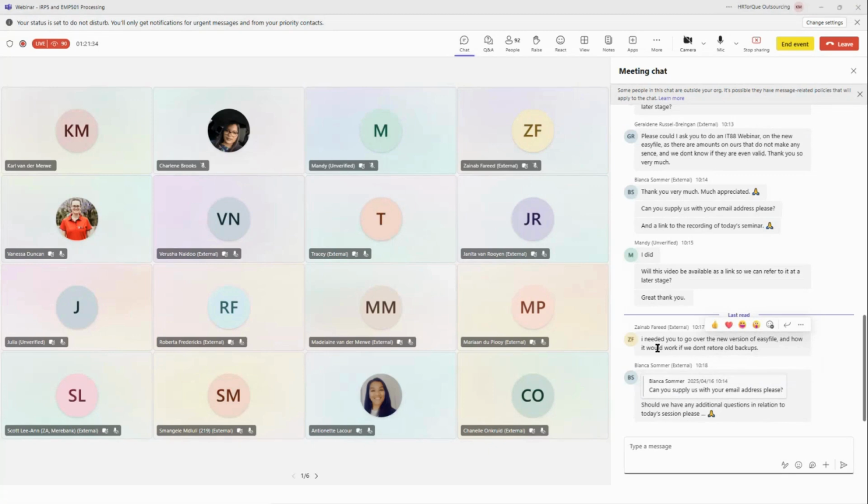Okay, so I need you to go over the new version of Easyfile. How would it work if we don't restore old backups? All right, so the idea being that if you need to work on an old backup, if you need to work on an old set of certificates, you would need to retrieve those certificates into the system,